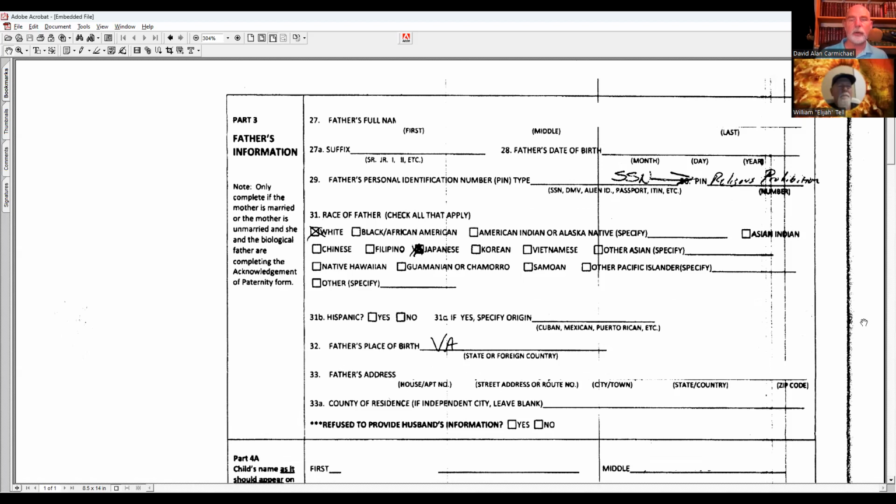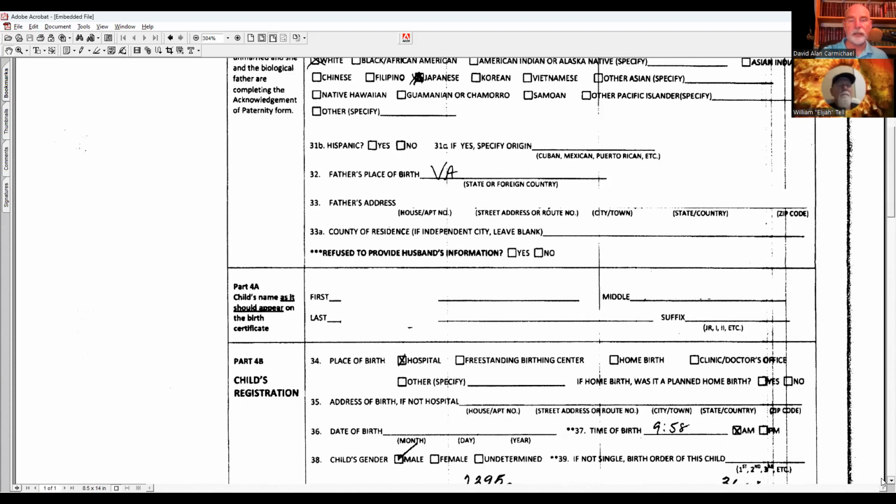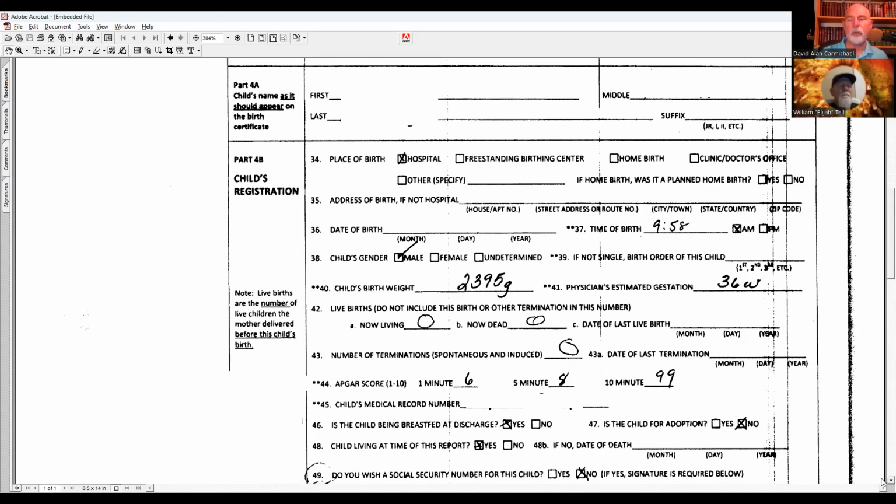Father's identification number, they wanted SSN, and he put religious prohibition. So he didn't give a driver's license, passport, or anything. He just put no number. And I thought that was quite savvy. And it talks about his place of birth and everything. So this is basically a form that you're going to fill out. They're going to go get a birth certificate. They're going to send it out.